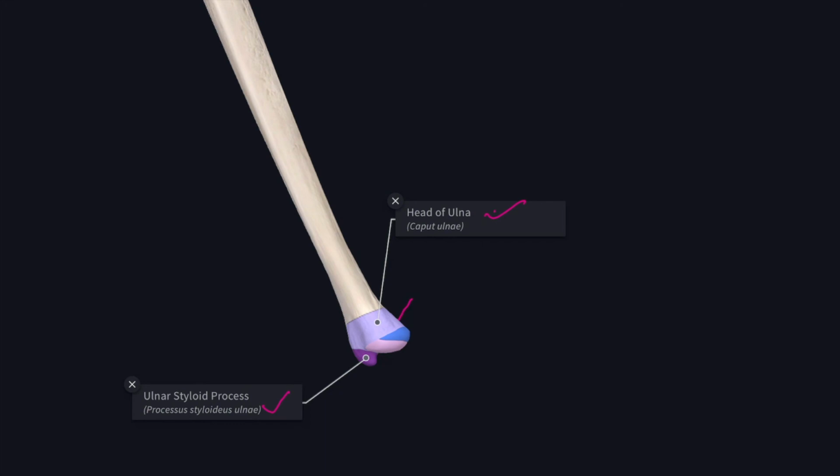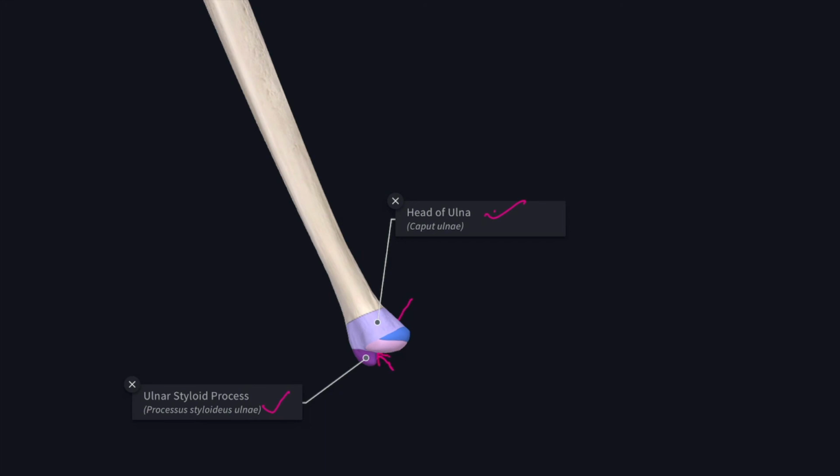The lower surface of the head comes in contact with the articular disc of the inferior radio-ulnar joint, thus preventing the head of the ulna from forming the wrist joint. The apex of the articular disc is attached to the depression between the undersurface of the head of the ulna and its styloid process.